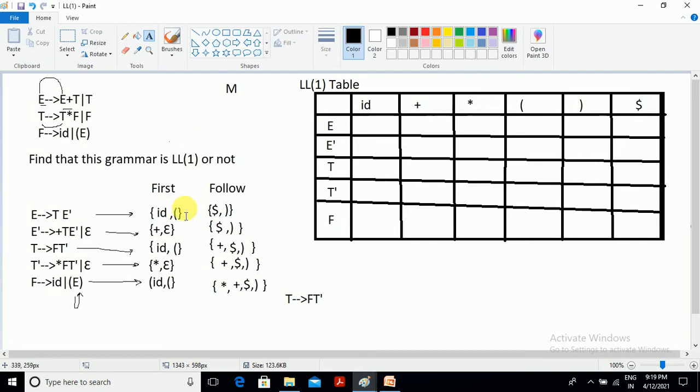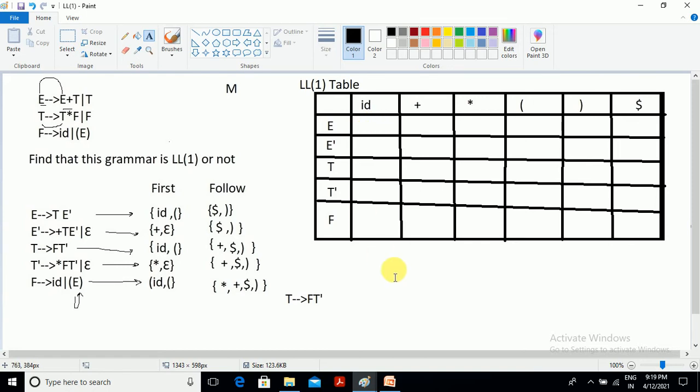The first rule: the rows should be named with the variables, and the column names should be the terminal values. Variables and terminals. Now, however many terminals there are, they should all be found, including the dollar. We need to create that many columns. Now we need to fill each and every cell.